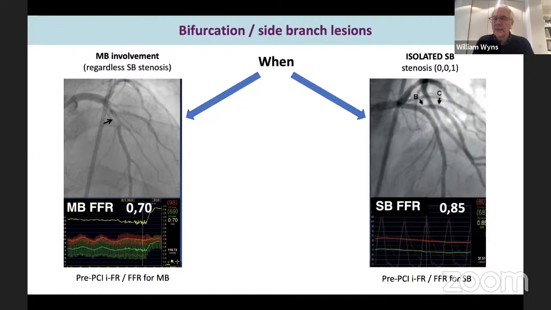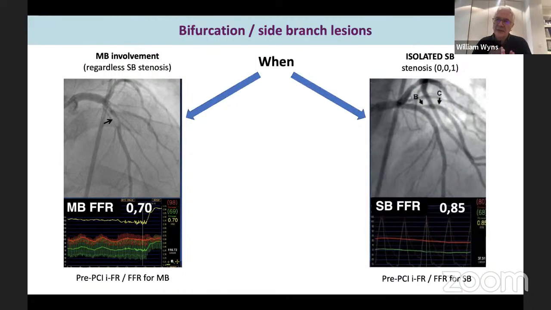It is elliptical. And that explains why the dimension is large enough to allow a preserved FFR. Okay, so it is an issue of proper angiographic projection that explains why you have a preserved FFR here. In another view, it would appear normal. And this phenomenon is more apparent with a smaller angle.